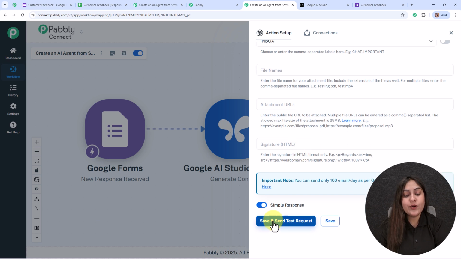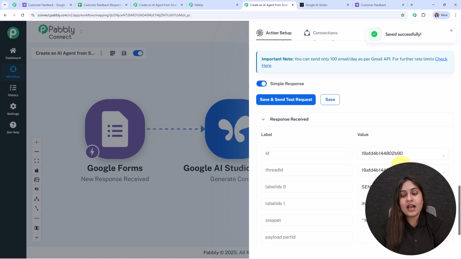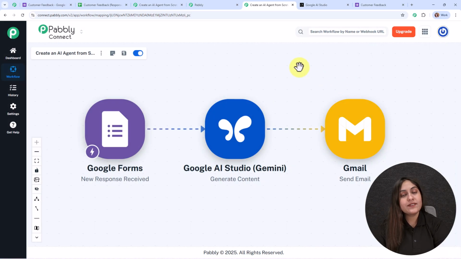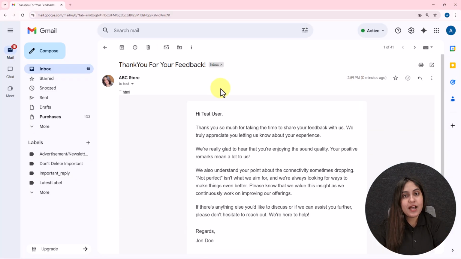Now after entering all the required details, we're going to click on the save and send test request. And here you can see we have received a successful response. That means we have successfully sent a mail to our customer via Gmail. So now let me take you to my customer's Gmail account to see the mail that the customer has received. Alright, so this is the mail that our customer has received with the same email subject, same sender name,